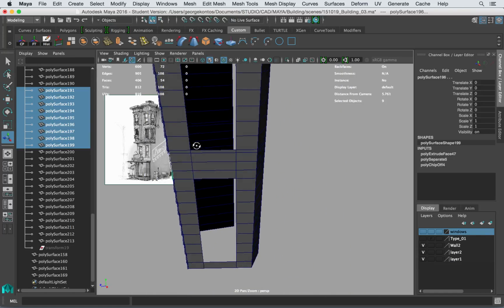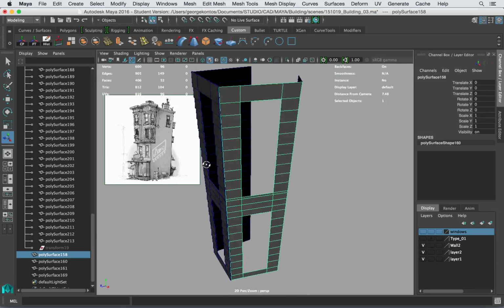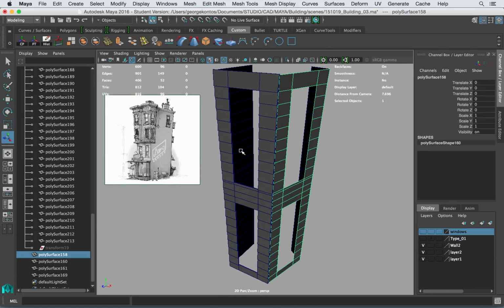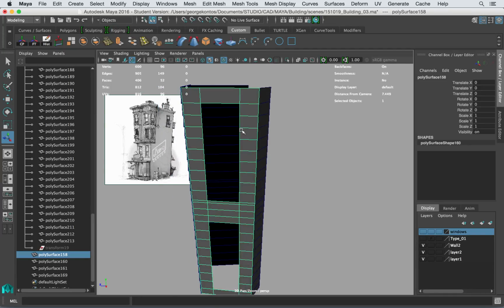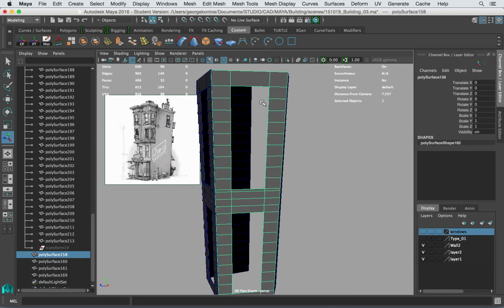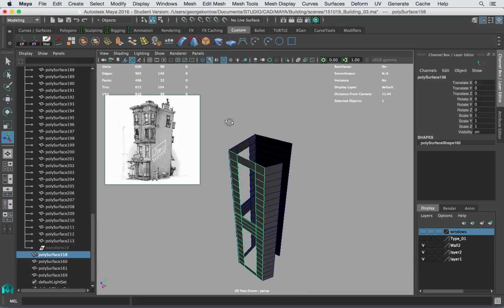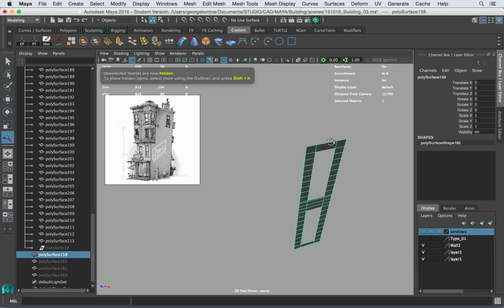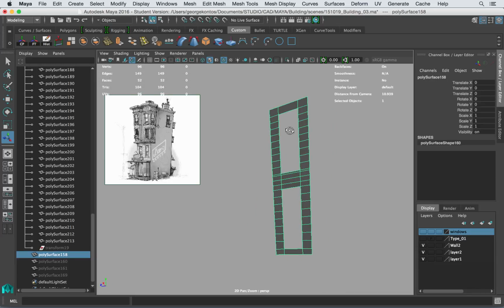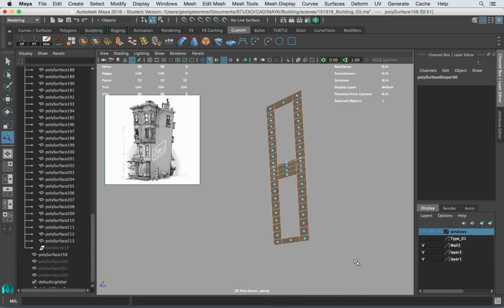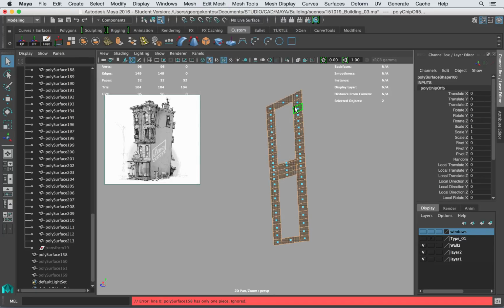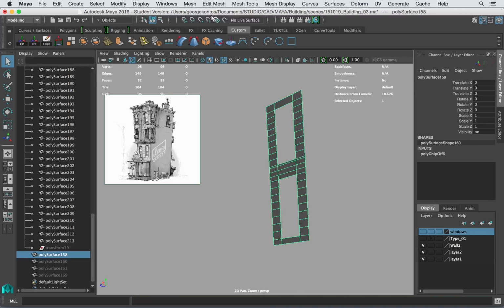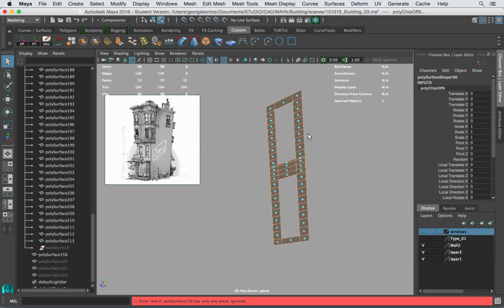But before I do that, let's try this wall, and then I'm going to stop the video and complete this piece. So this one is on an angle. Let's see how we can deal with that. First of all, I'm going to isolate it so we can work on it separately. Select all the faces and do the same thing. Extract. Actually, you know what? I'm going to select the whole piece, not the faces. So extract. And